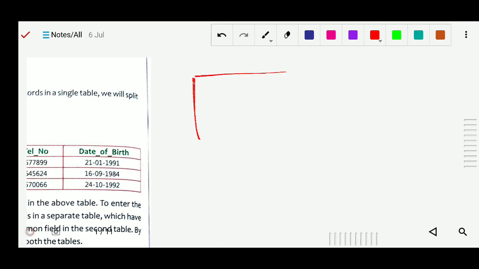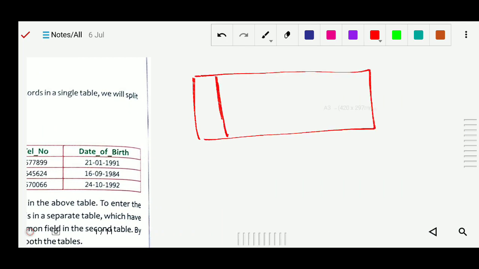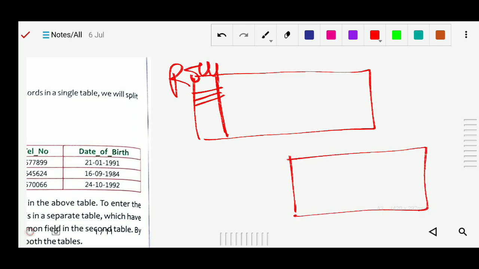Suppose there is one table, and roll number will be the key, and another table, and this table will link with that table. Earlier in MS Excel, this facility to relate two tables, so that data can be retrieved from one table to another, was not there. In a relational database, these two tables will be related. Let's see the example here.